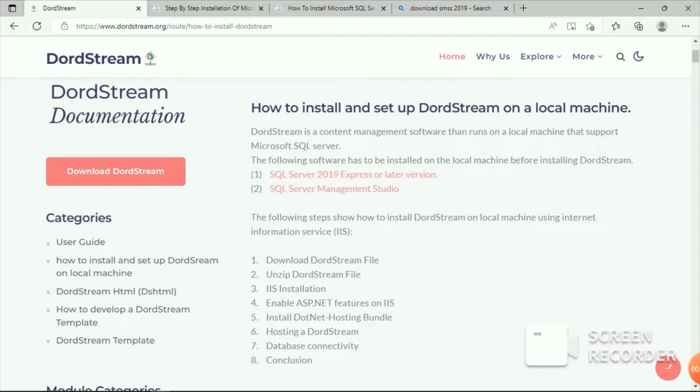That means we perform operations on the database through this studio. After we've installed SQL 2019 Express and SQL Server Management Studio, that's when we come down to